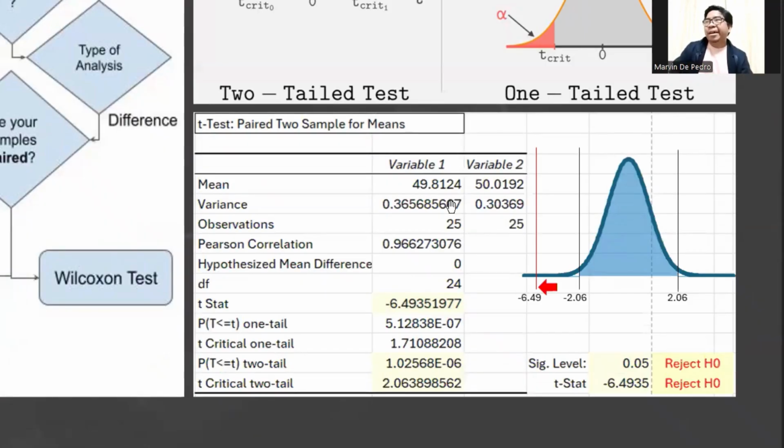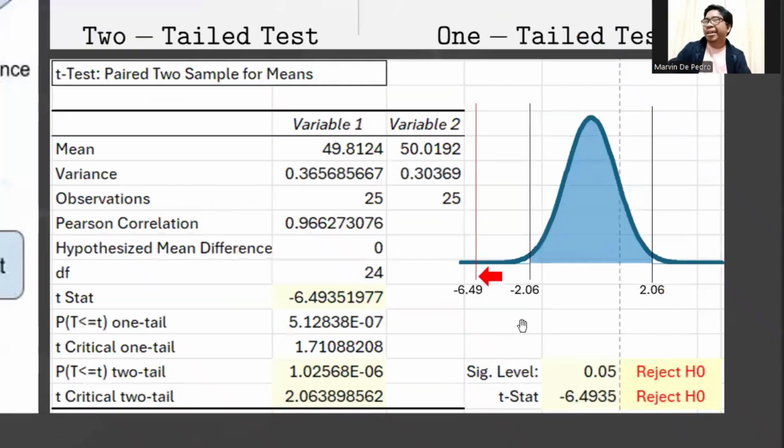Specifically, it is a paired t-test of two samples for means. Using the data analysis toolpack of Excel that I mentioned a while ago, we can come up with an instant paired t-test result for this. And the problem is, what do we do with this?